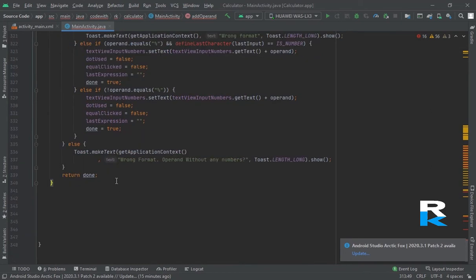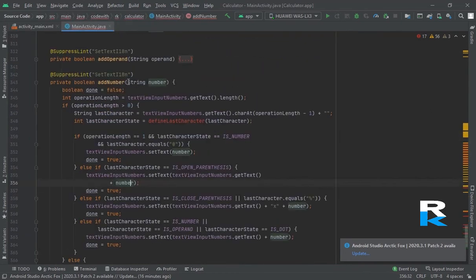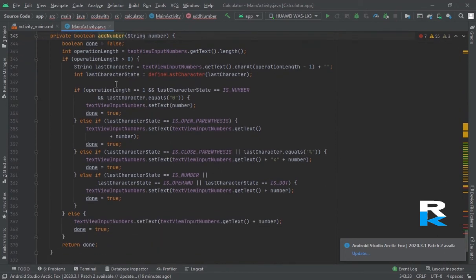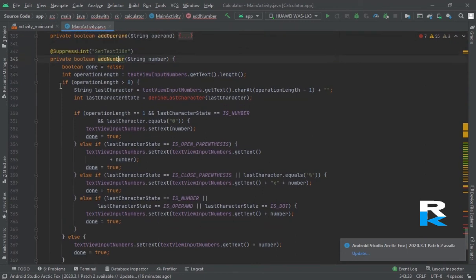Now let's create a next method. Now here I have created a method for the numbering. Like let's suppose if I add any number, so it should call this method. Fine. This is a whole method. Look at this. If text view is and it's 0, so it should enter the get the text.